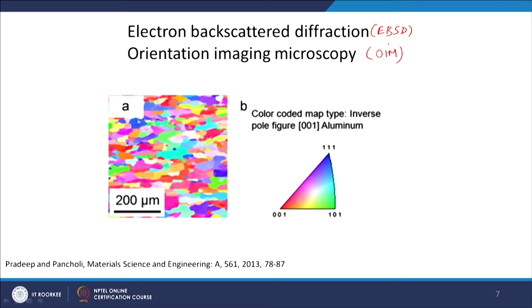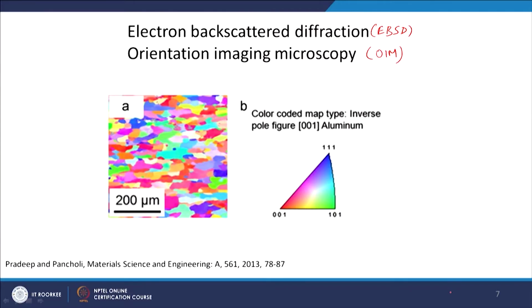And one of the outputs it gives is a nice color map. I am showing this because it will come up at different places during our discussion of microstructure in the coming lectures. So, you will see this kind of microstructure a lot. For example, in this particular microstructure I see a very nice colored map, and each color represents some information, for which the key is given here.